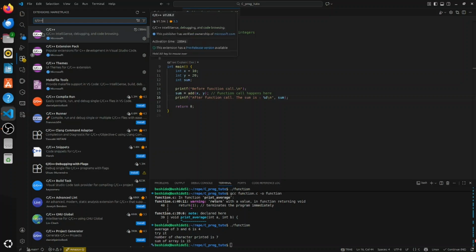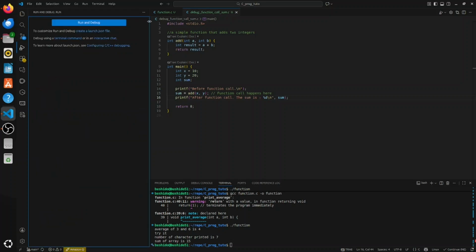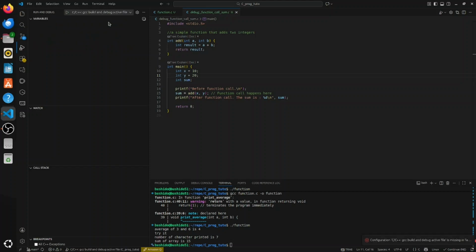It's important to have the debugger for C programming, for C code. When it's installed, you go here to run and debug, go to the file you want to debug, and click run and debug. That is just to show you how a function call works. Okay, before going to recursion, it's important to